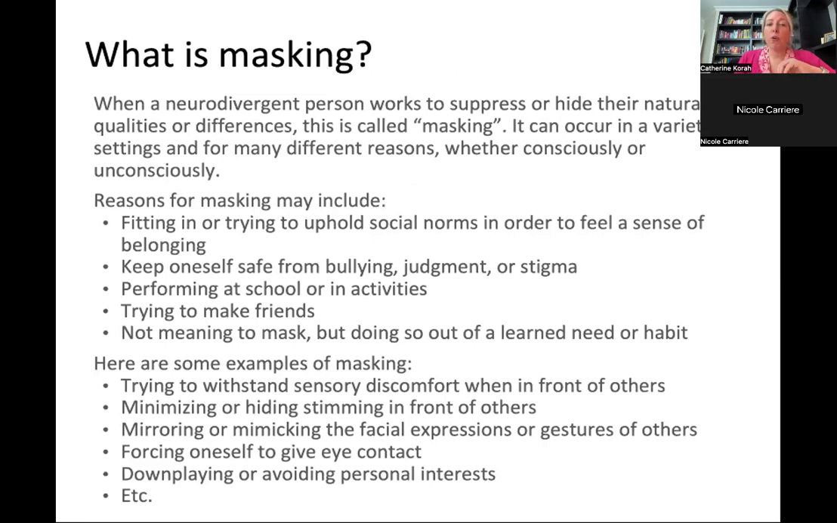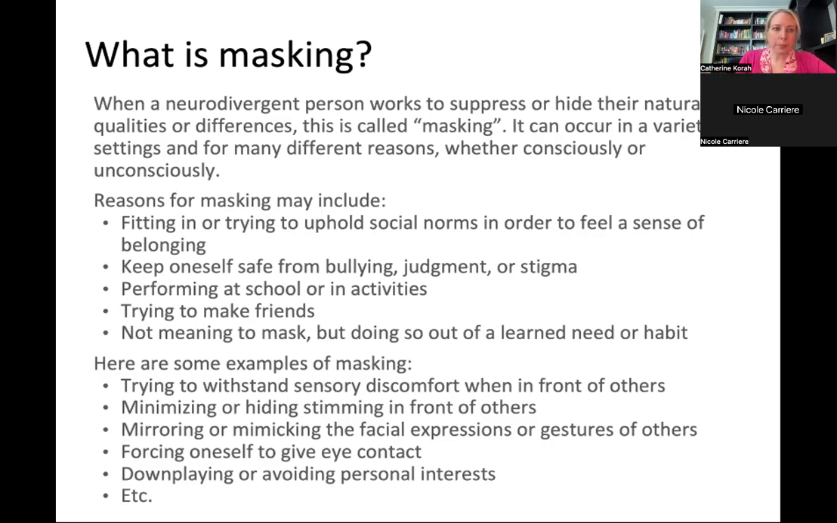It may be for performing at school or a certain activity. It may be to try to make friends or to keep friends. Sometimes people are not meaning to mask, but doing so as a learned habit. And so many children, if they've had rigid households with high expectations, it has become the default to mask in